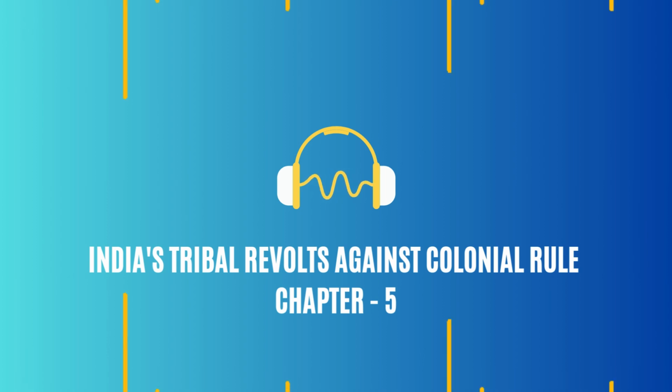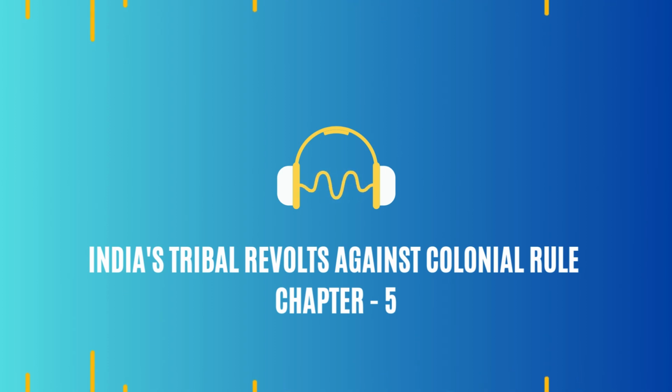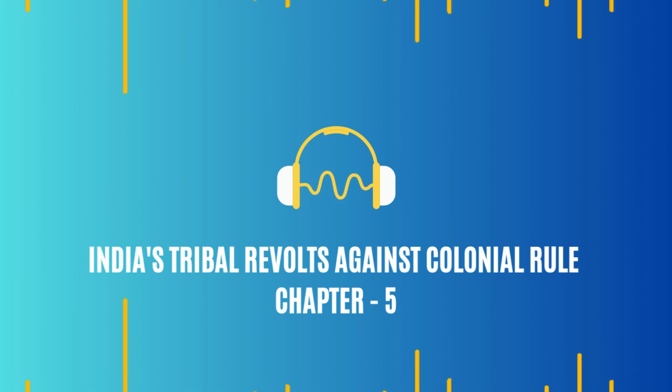So how did the Rampa Rebellion play out? What was his plan? Alluri Sitarama Raju knew they couldn't win a traditional war, so he used guerrilla tactics, using the dense forests to their advantage. Smart. The forests had always provided for them. Now they would protect them. Exactly. He trained the Adivasis in guerrilla warfare, taught them how to use their knowledge of the land. He also emphasized discipline, unity, strategic planning.